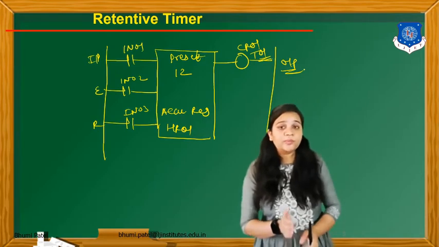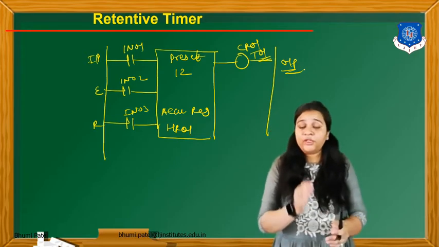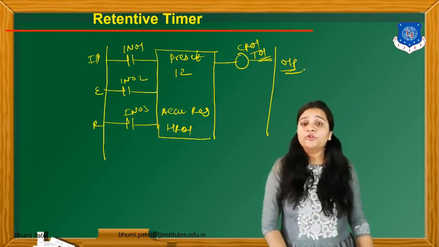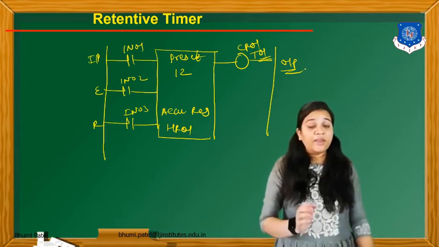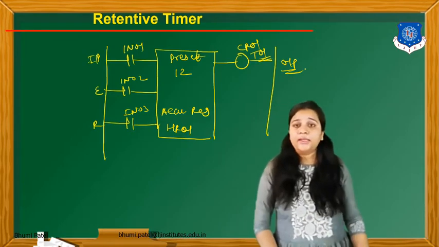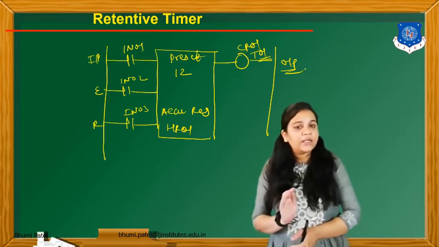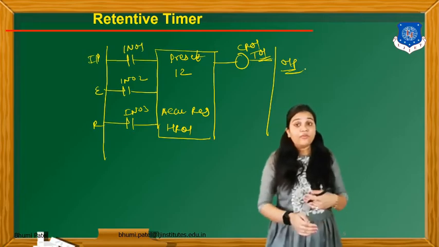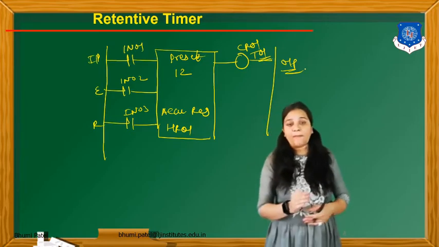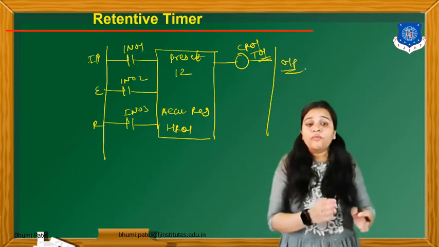What are the advantages of the retentive timer? In the retentive timer, we can connect multiple inputs for the same logic. So the retentive timer is generally used for industry purposes. Whenever we deal with only one input and only one output, at that time we can connect the non-retentive timer. So there are two basic types of timer, the non-retentive timer and the retentive timer. Now next, in the retentive timer, if in some industry or some application they ask that after 4 seconds, after 10 seconds, my output will be off.